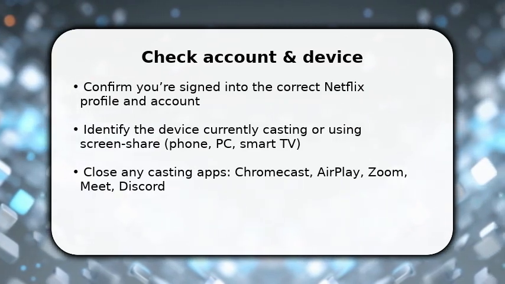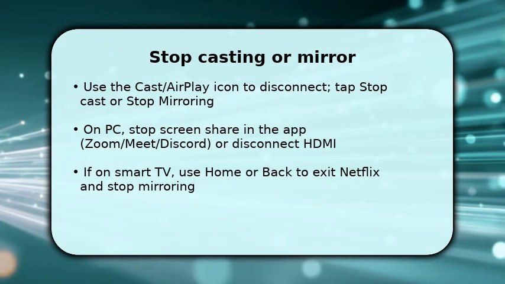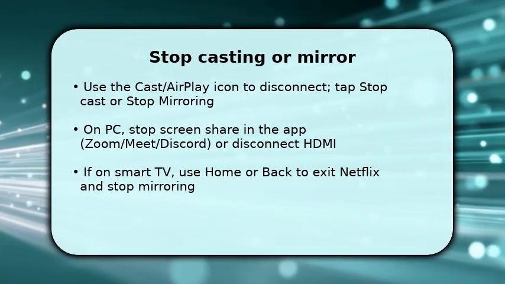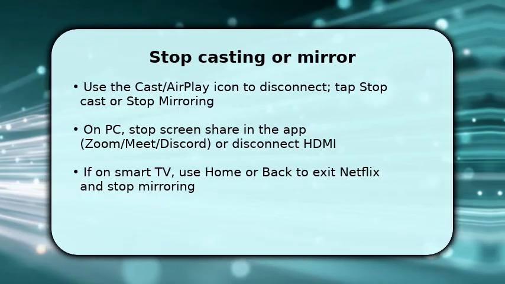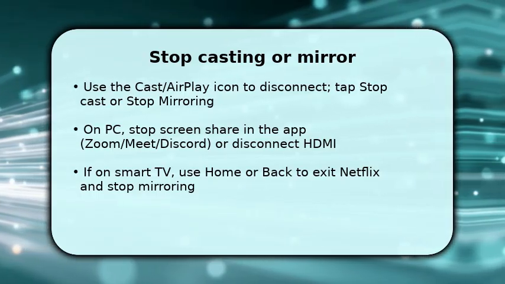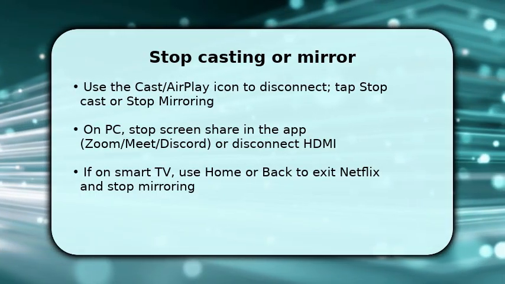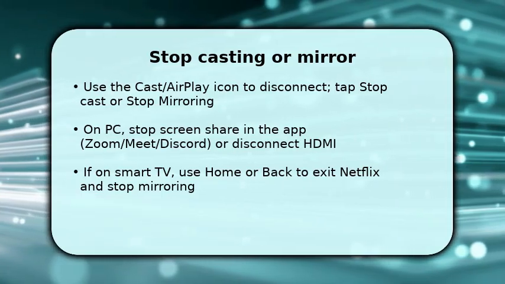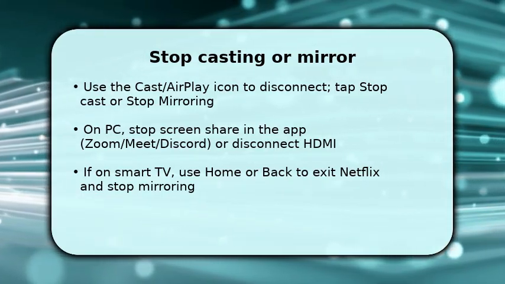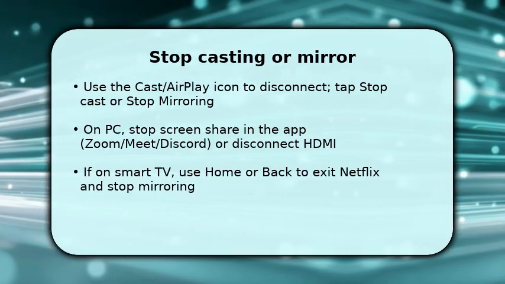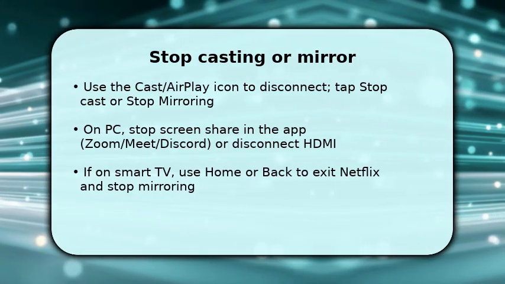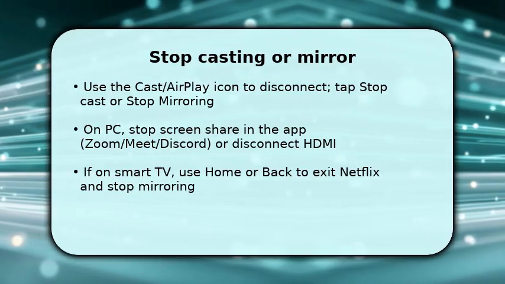Once done identifying the source, explicitly disconnect the cast or mirroring session. On mobile, tap the cast or AirPlay icon and choose Stop Cast or Stop Mirroring. On desktop, end screen share inside the meeting app or click the browser casting control and disconnect. If you used HDMI, safely unplug the cable. On a smart TV, pressing home exits the app and terminates the share. These steps close the link between devices, so Netflix